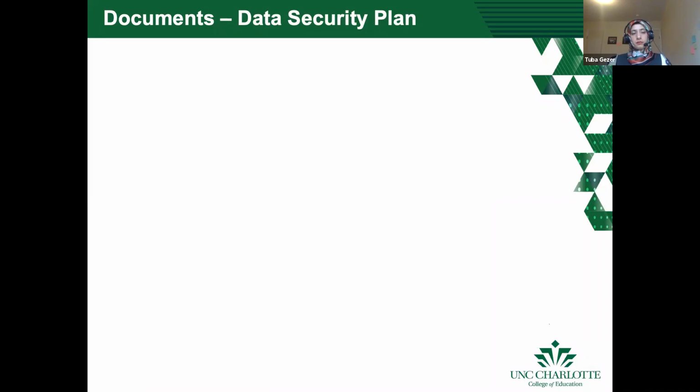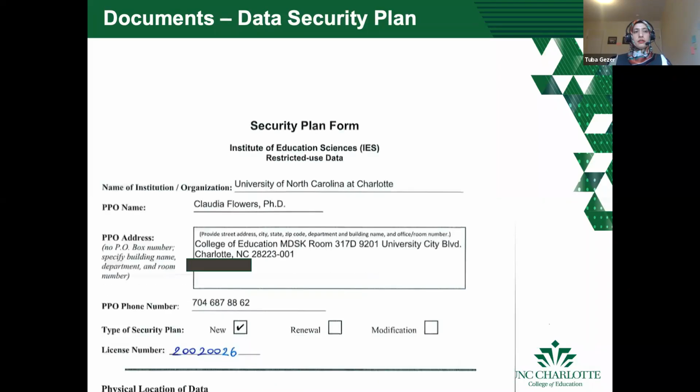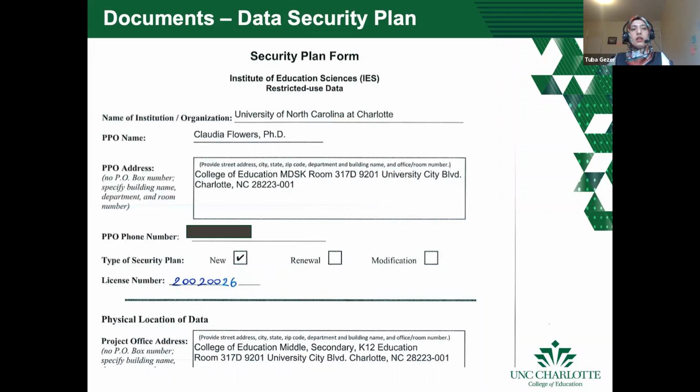And the data security plan. The data security plan includes physical